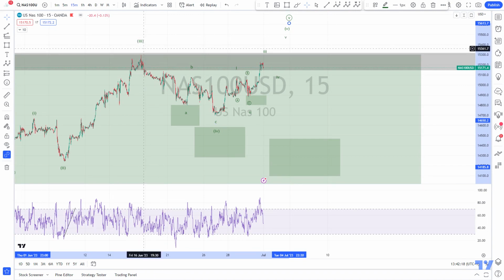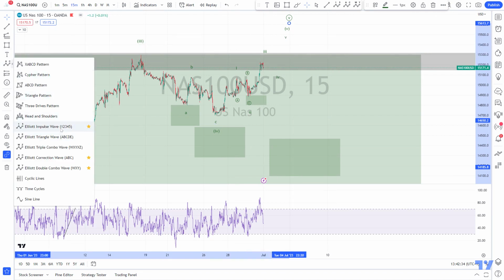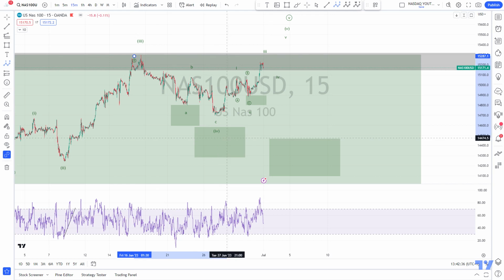Like if this was our high, this could be our first pullback as a wave 1, let's say. And what we then now have could be a wave 2 to the upside, like something like this: a wave 1 down, a wave 2 up,